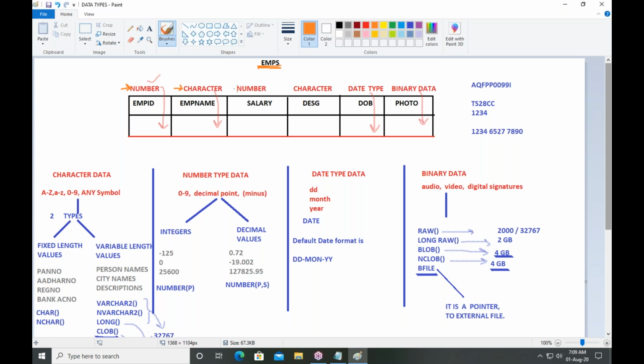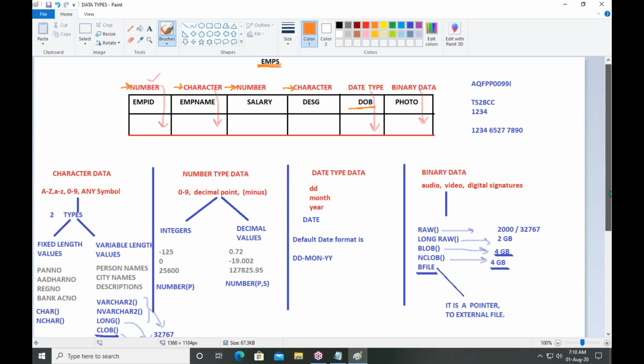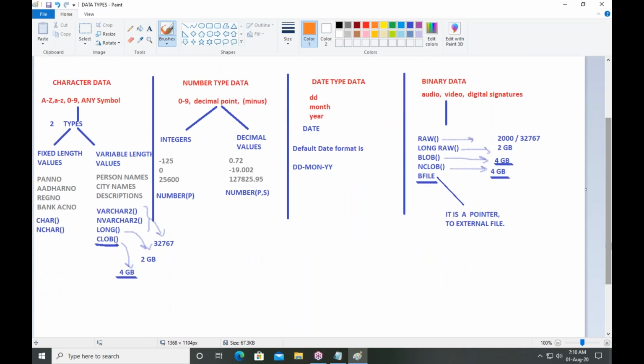Character data. Employee salary, again number type. Employee designation, like developer, admin, clerk, this is character data. Date of birth of employee, date type data, and binary data, employee photo. Right? What are the data type names given by Oracle company?